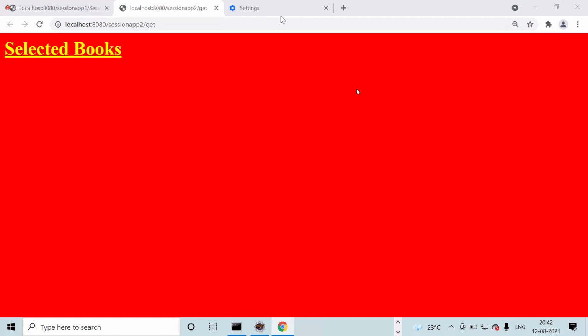This is the third session tracking method. A new request means a new ID is created. Here we didn't apply the login logout concept. After database connectivity, we'll see that.